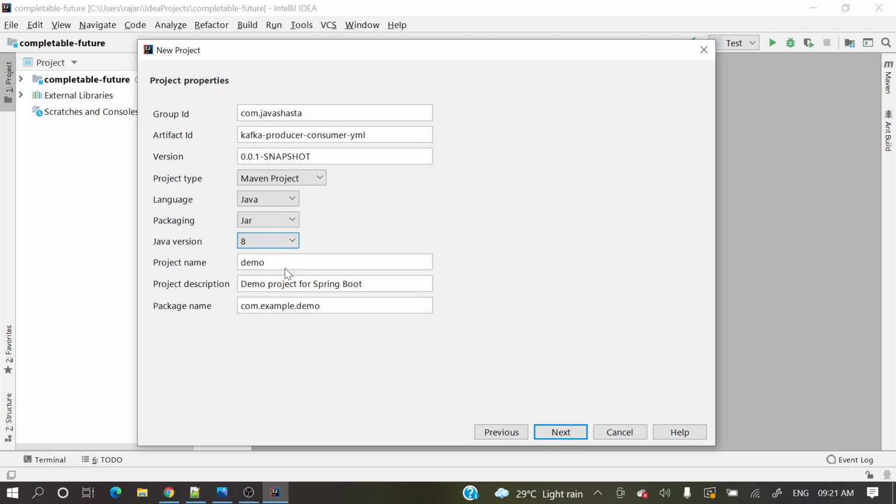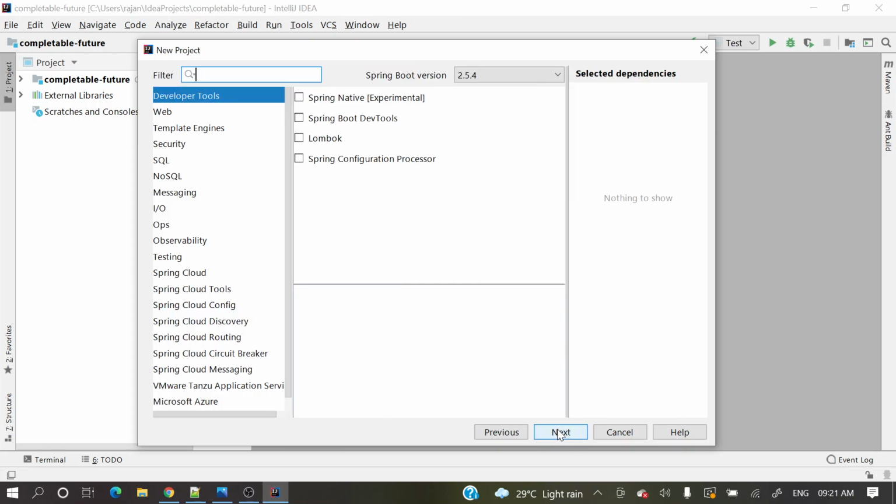Java 8, and the name is the same as the project name. Description: demo project for Kafka. The package name will be something like Java Sastra.